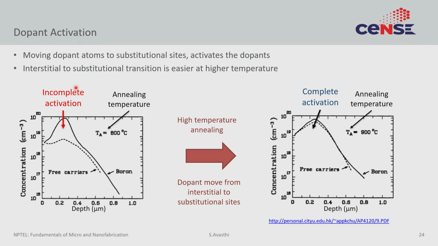So, damage is one thing. Let me explicitly talk about dopant activation a little bit. Supposing you did an implantation and you do an anneal at say 800 degrees C, and that 800 degrees C is enough to fix some amount of damage and get some amount of dopants to the substitutional position, but is not enough to completely put all the dopants into substitutional positions.